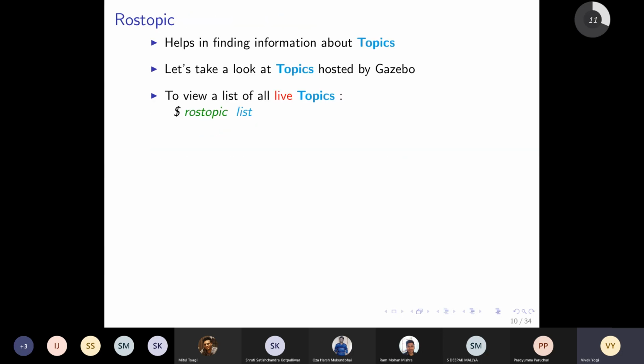Now yesterday we introduced you to this tool called rostopic. Okay, so rostopic is this command which, if you remember, actually helps us in finding out information about topics. So let us first refresh our understanding. Okay, so topic is just a mechanism by which two nodes communicate with each other. But if you carefully observe, topics are the mechanisms by which you talk to robots, because a node is nothing but a robot, right? And how do you talk to a robot? Through a topic. So topics are very important in ROS.